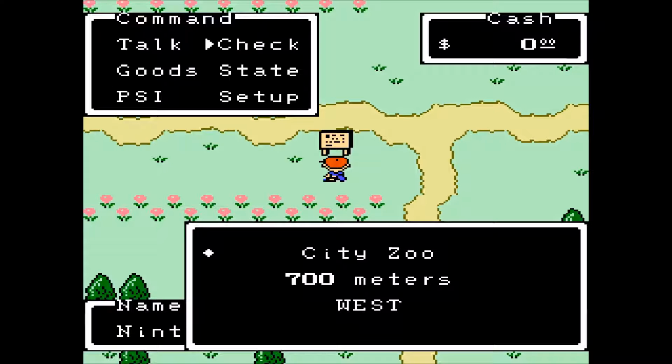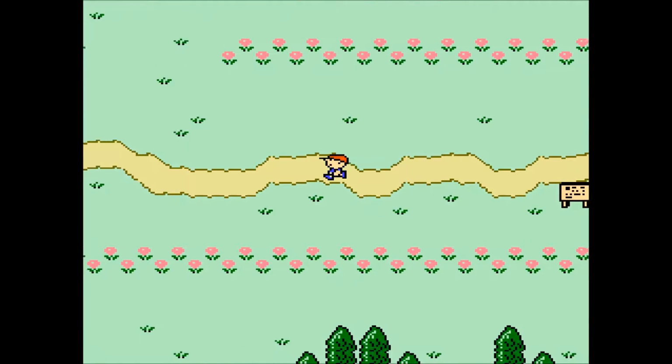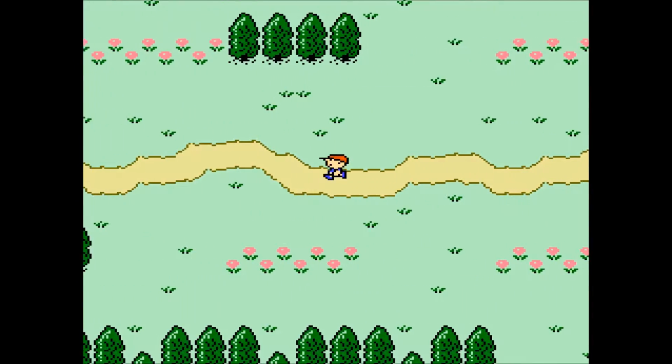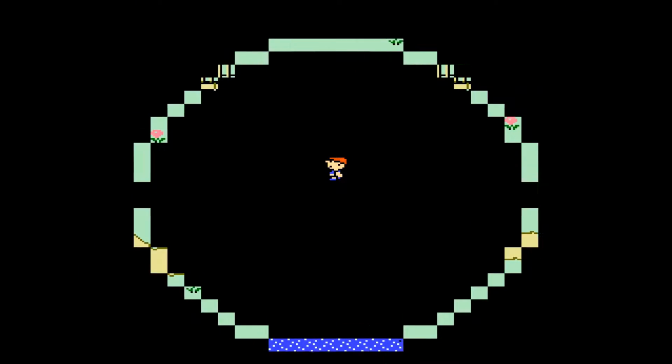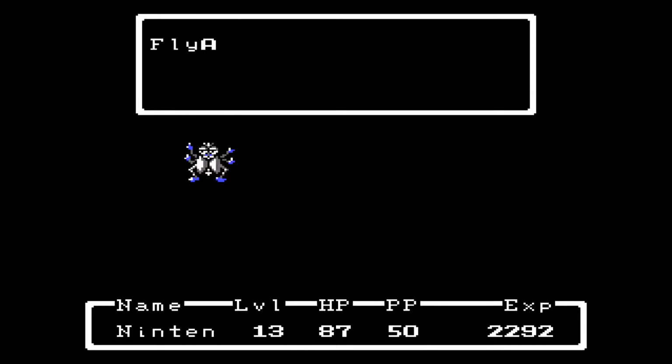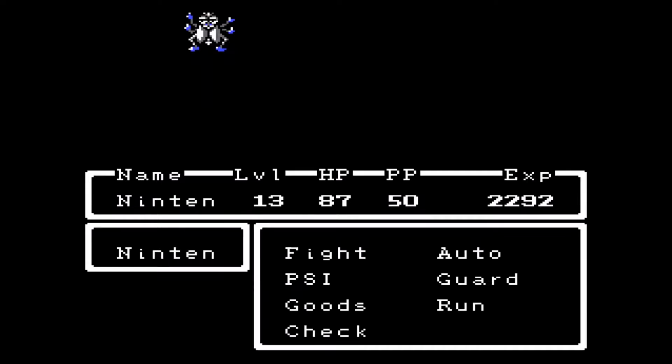City Zoo, 700 meters west. For those of you who are directionally challenged, that means this way. And as you might notice, as you get closer to the zoo, the enemies are going to be a little bit different. Alright, we have a fly, and...